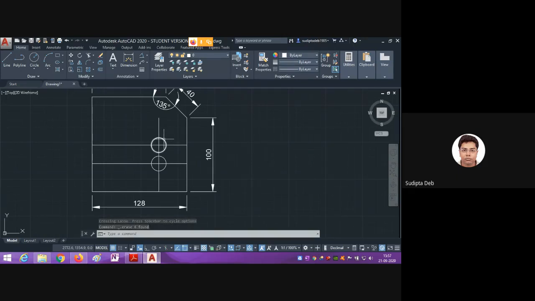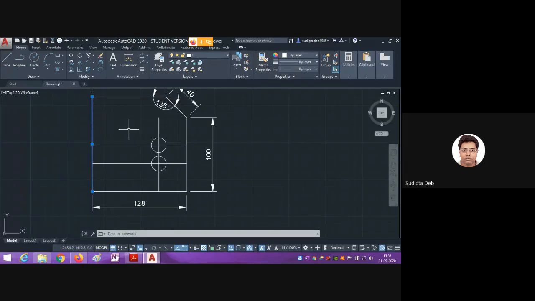This is one. Then again, if I want to draw, just to understand, the last line is not inclined. It is actually inclined, so there is some very small deviation. If I measure, it is a very small deviation. But here I am taking the offset command.